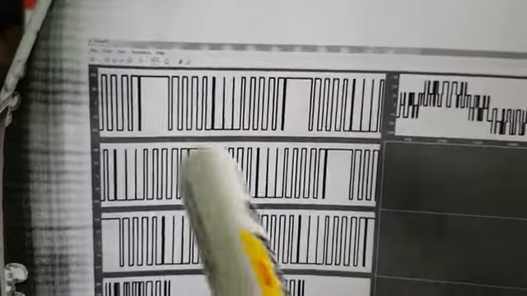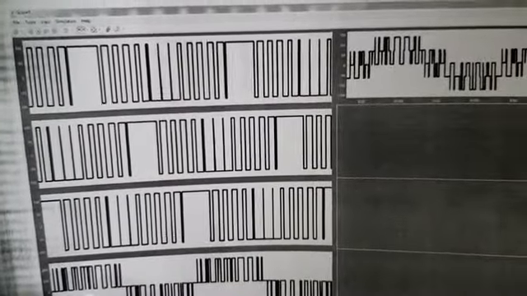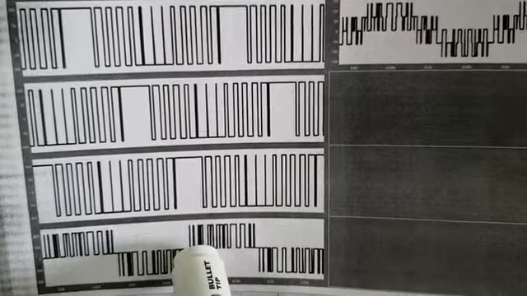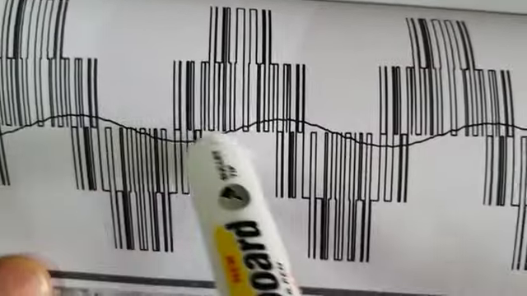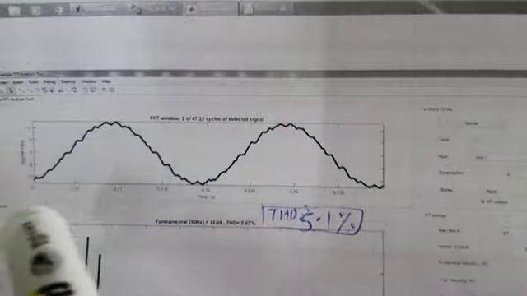These are again the same things. These are pole voltages VRO, VYO, VBO, and this is line-to-line voltage VRY. And this is phase to neutral voltage VRN, the phase voltage. And then you can see this is the phase voltage VRN and the line current IA. You can see this line current IA is almost purely sinusoidal. And I would like to share with you the harmonic spectrum of line current.